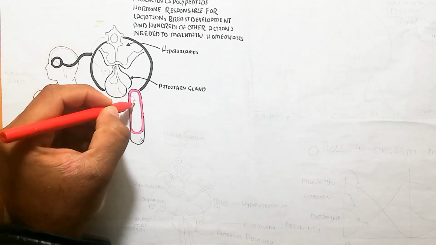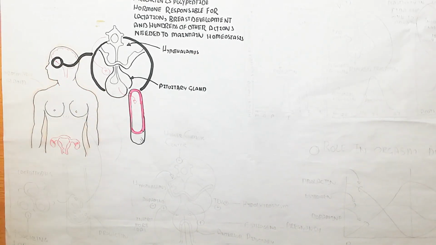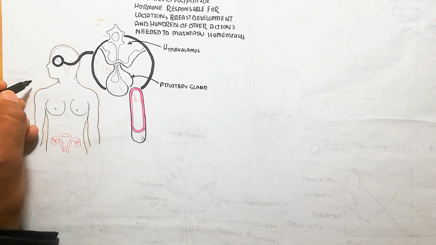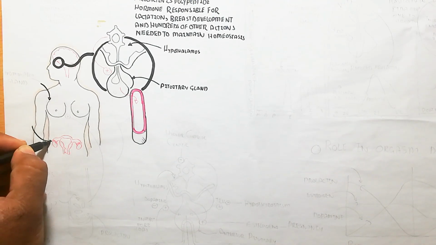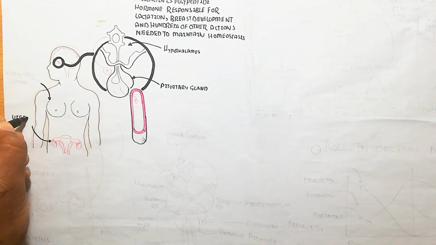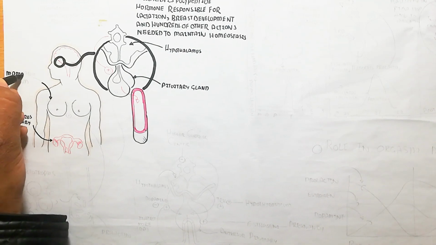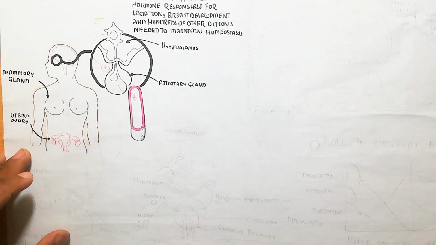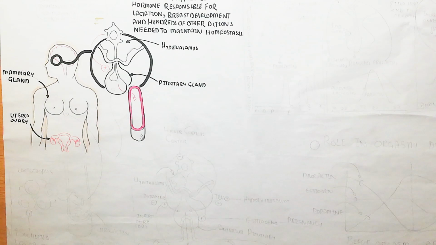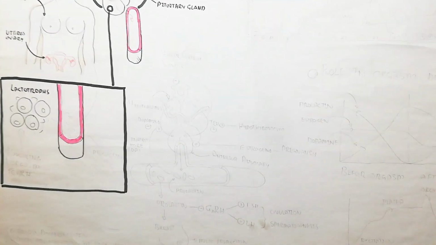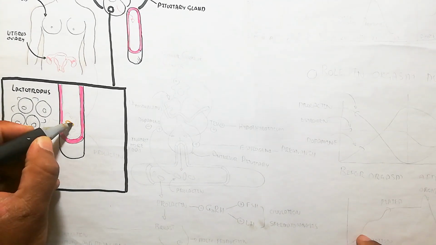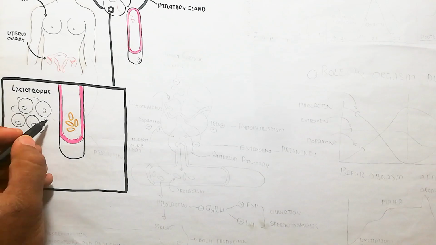The anterior lobe of the pituitary gland is known as the adenohypophysis. When the hypothalamus stimulates it on the basis of the requirement, the pituitary gland releases prolactin into the blood circulatory system. That is why it is known as an endocrine hormone. The mammary gland, the uterus, and the ovary also release prolactin. Remember,